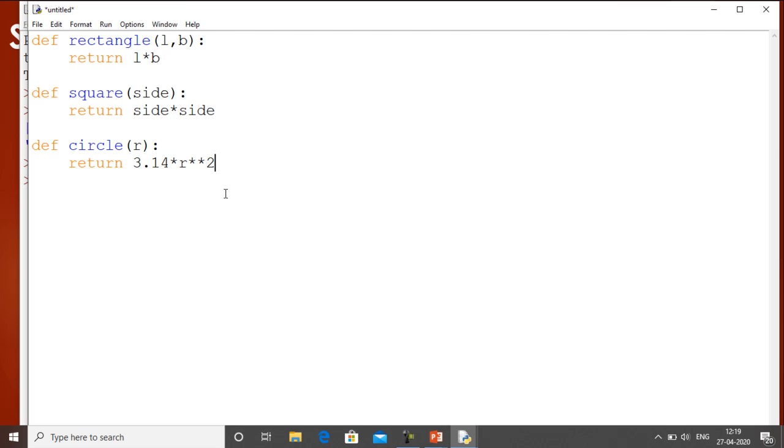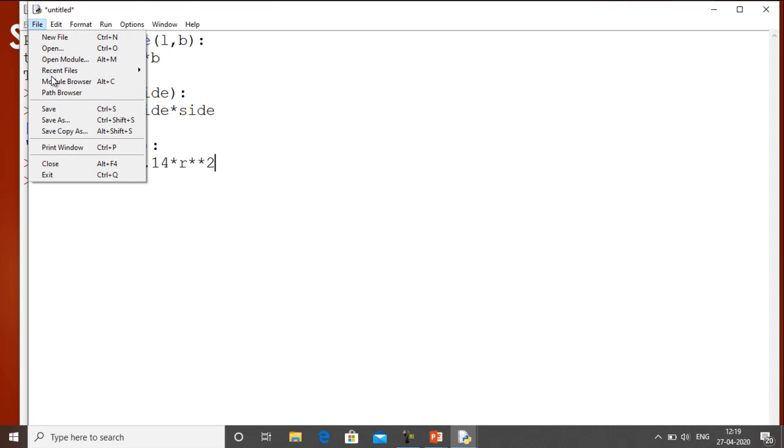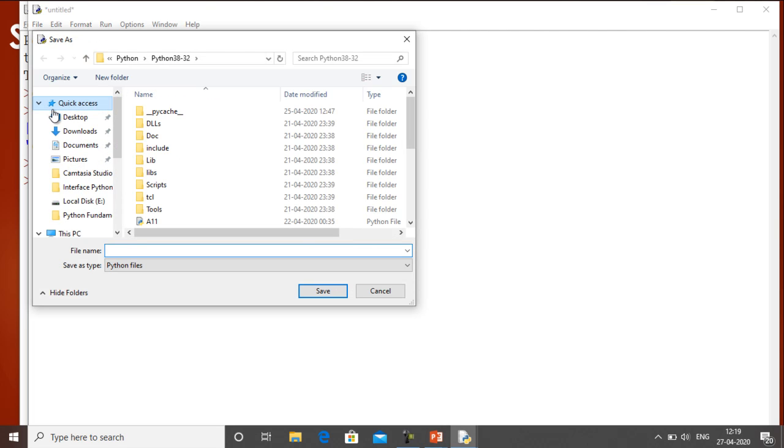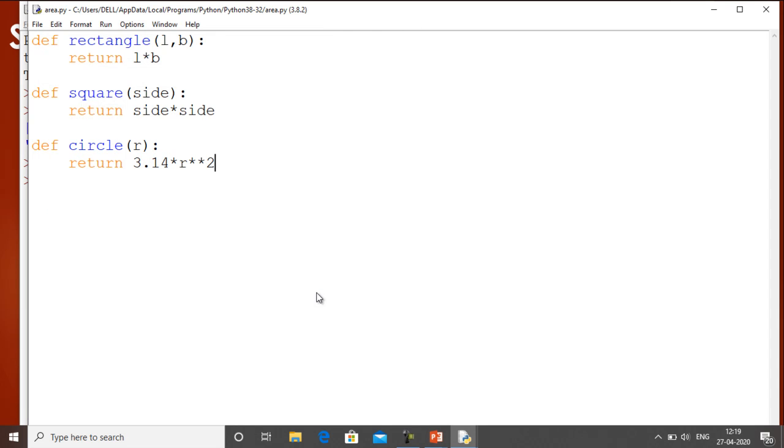Suppose we have created another module that is named area. So I will give the name of this module as area. Now I have created two modules. One is volume and the other module is basically area.